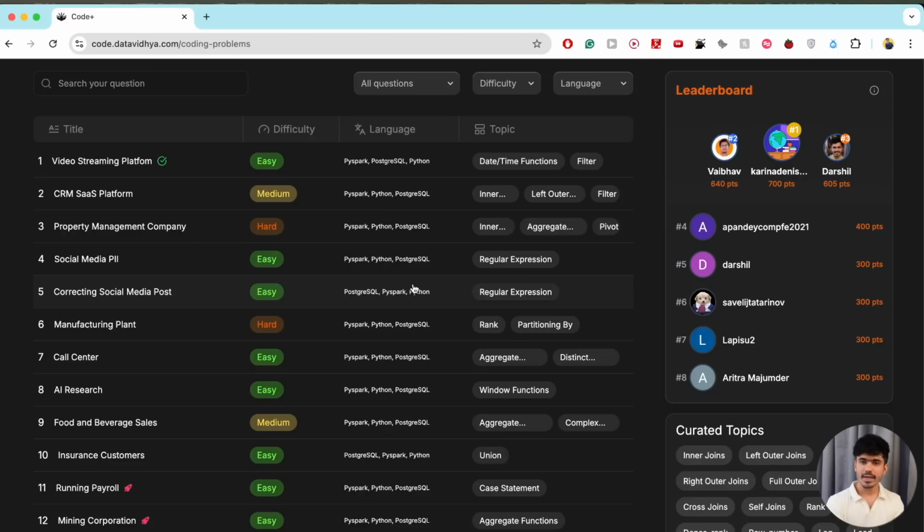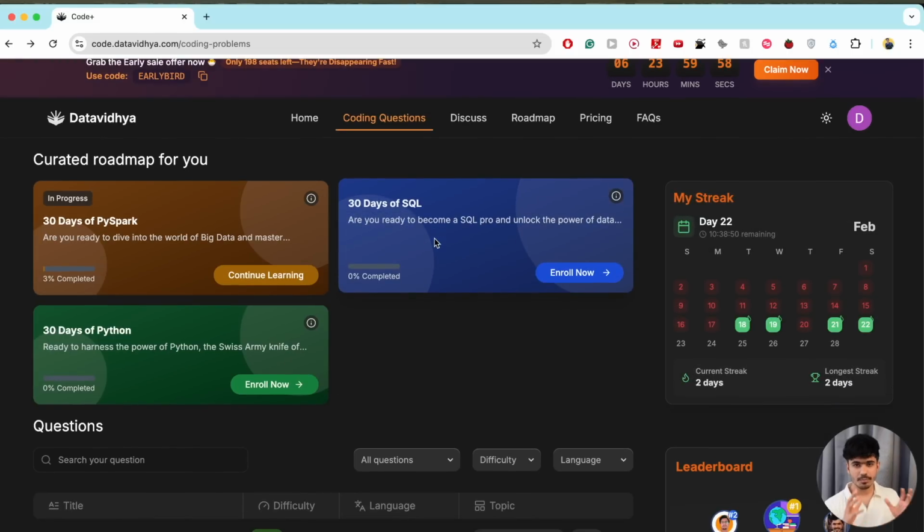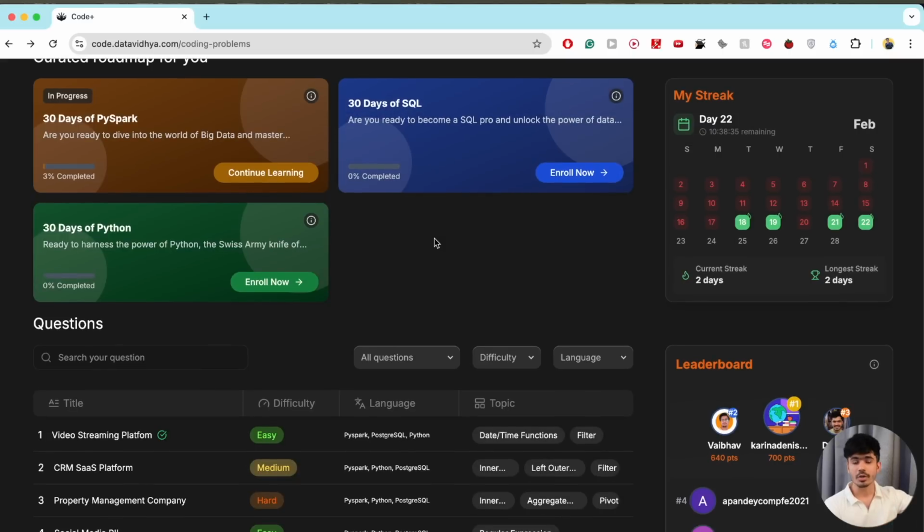So for the free access, we are providing 10 free questions. You just have to log in and you will get access to all of these questions. Understand that running Spark clusters, Python engines, and SQL engines costs a lot of money, and we'll be adding more things such as DBT and Snowflake. So everything together is going to cost some money. So we have created this platform, and we have given a few questions, but for a limited time, because we don't want our servers to be spammed. That is the reason we have the premium access available.